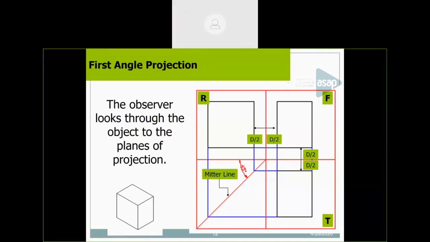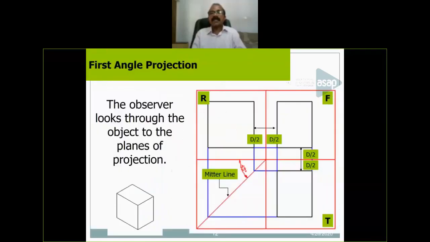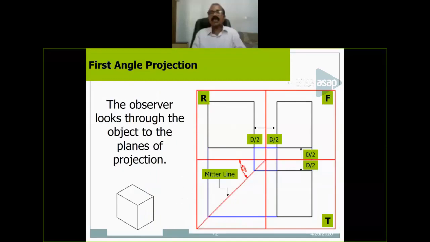Corresponding points in the elevation and plan you have to mark. Please identify the lines. From all the points in the elevation you have to draw horizontal lines, and from the points in the plan you have to draw horizontal lines. The horizontal lines will meet the 45-degree inclined line at a particular point. There you have to draw vertical lines. The meeting point will be the required points.